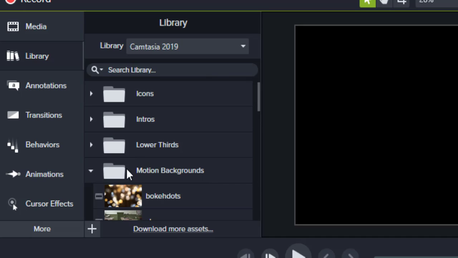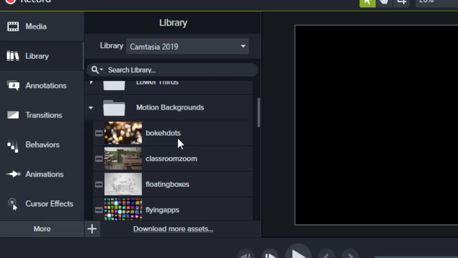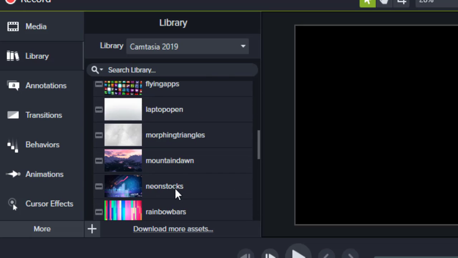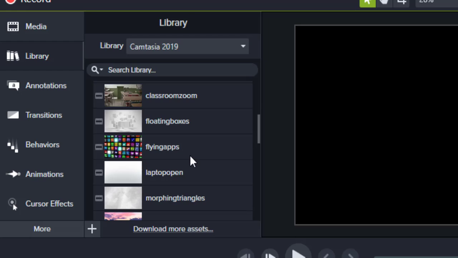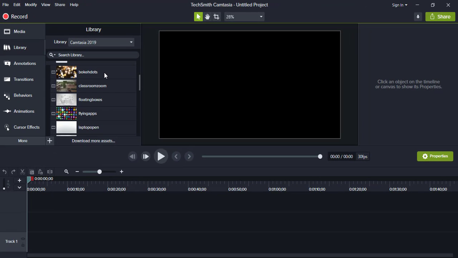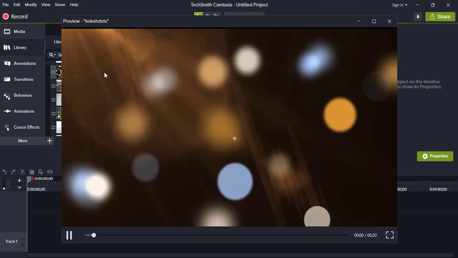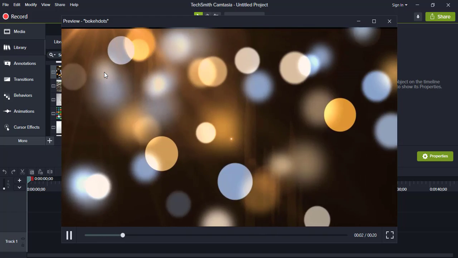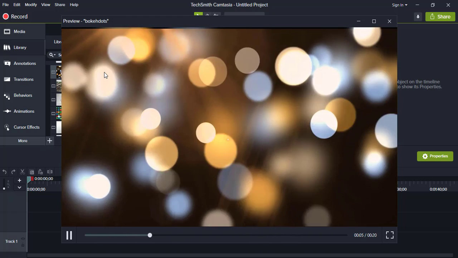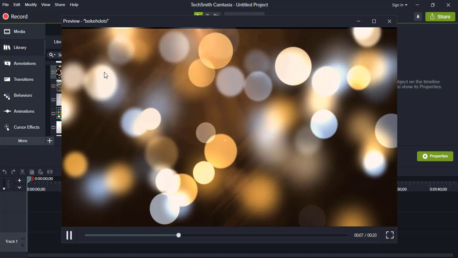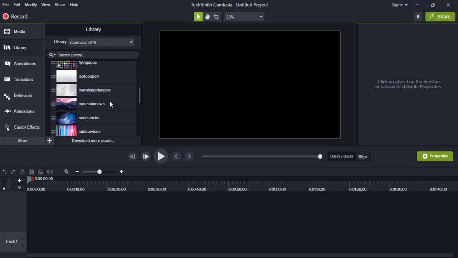You have to click on the arrow, and in this drop down you will see there are many options, and to preview it you just have to double click on any of it and you will see how it looks. It will basically give you a preview of how it is going to be. We will just take one of it and we will make a proper intro for a video.